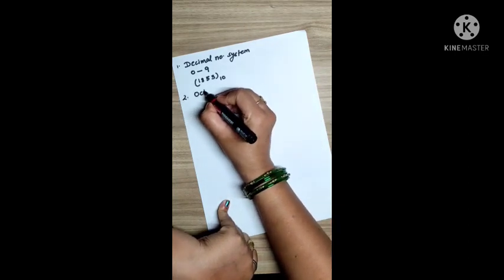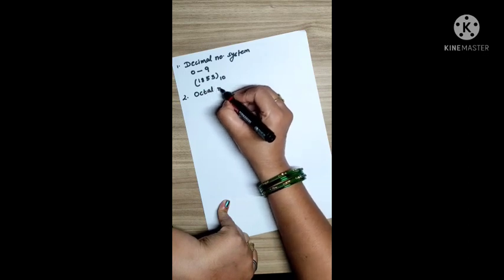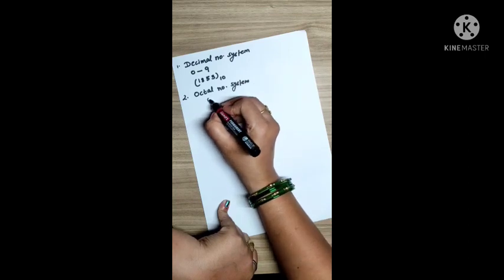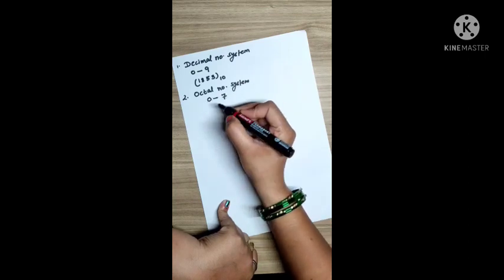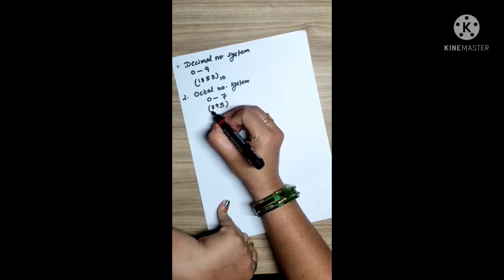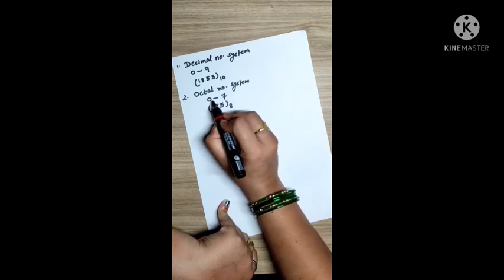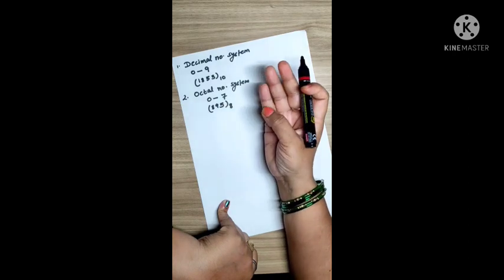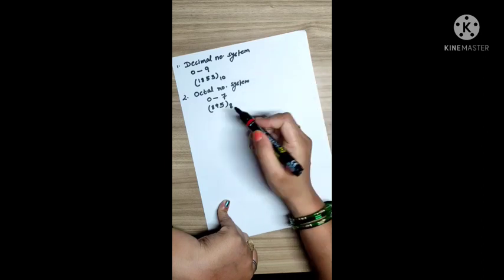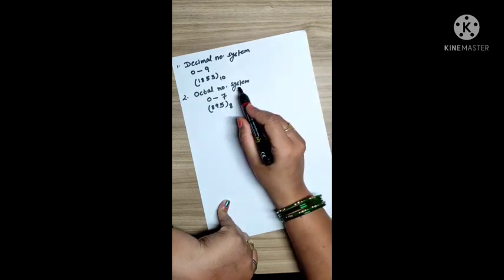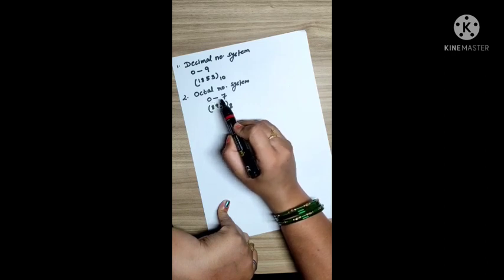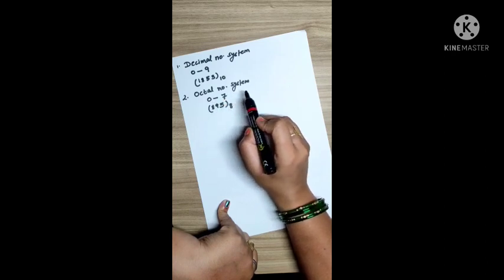Octal number system. This number system uses the digits from 0 to 7. And if you're writing a number like 8, 9, 5 to the base 8. 8 is the number of digits in the octal number system: 0, 1, 2, 3, 4, 5, 6, 7. So it becomes 8. So 8 will be the base of the octal number system. So the digits used in this number system should be 0, 1, 2, 3, 4, 5, 6, 7.